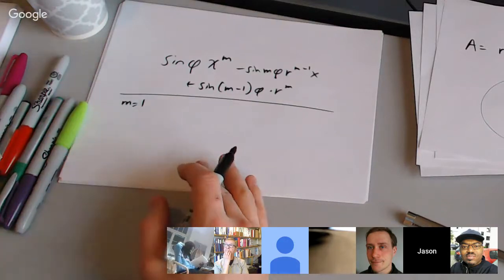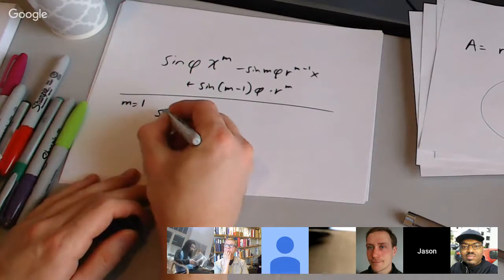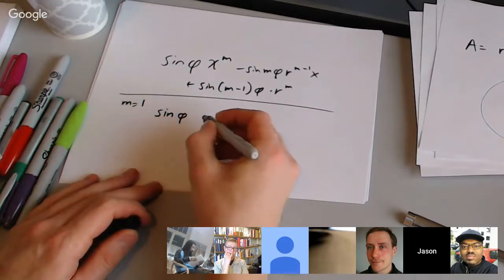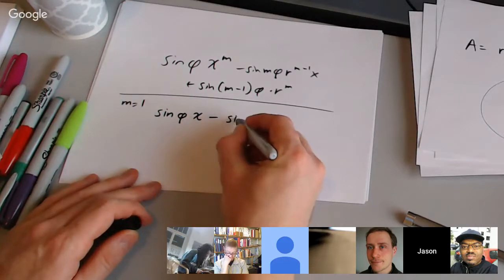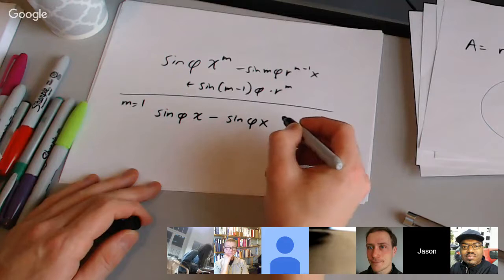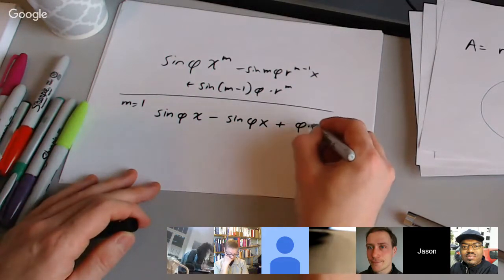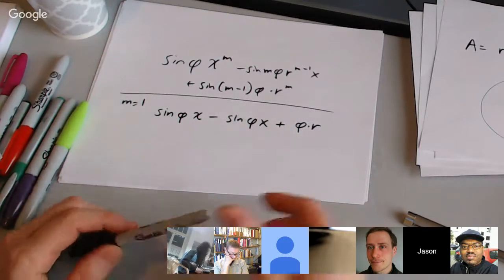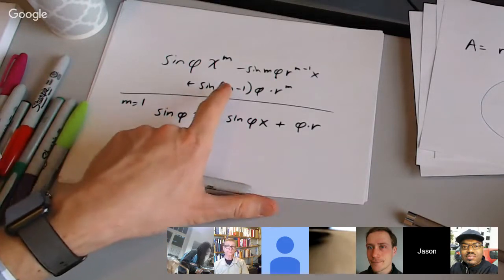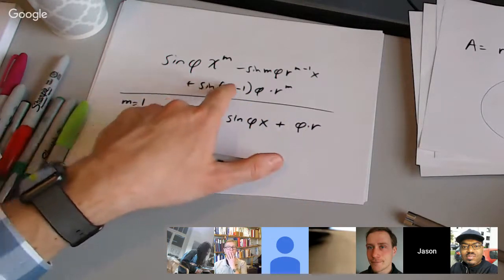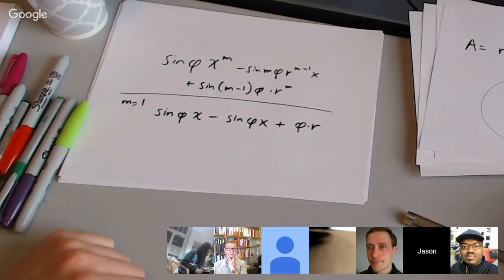Okay, starting from the beginning, I got sine times phi times x minus sine times phi times x plus phi times r, when I put the 1 in for all the m's. Okay. So can you explain the last term? Just phi times r. Can you talk us through, please? Yeah, phi times r is